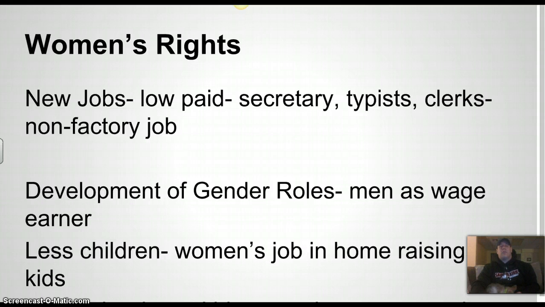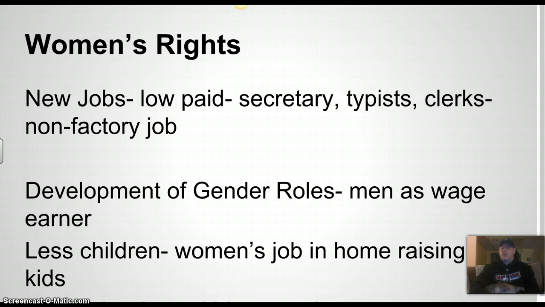The other thing we're going to talk about in class on Wednesdays is the idea of women's rights. Now, as times change, women's jobs change as well. We do talk about seeing women in the factories in the early 1800s. Things change. As new laws get passed, new jobs are created for women. They're still low-paid jobs, but not as brutal as the jobs we talked about earlier. Things like secretaries, typists, clerks,